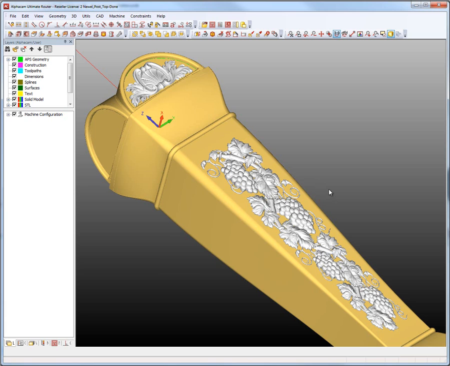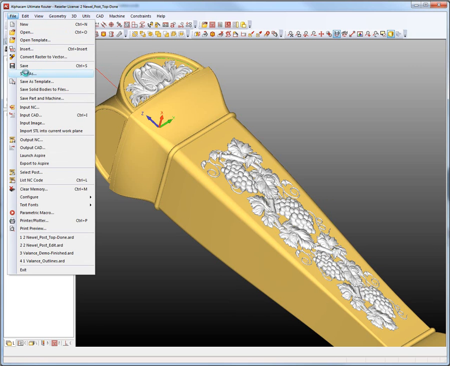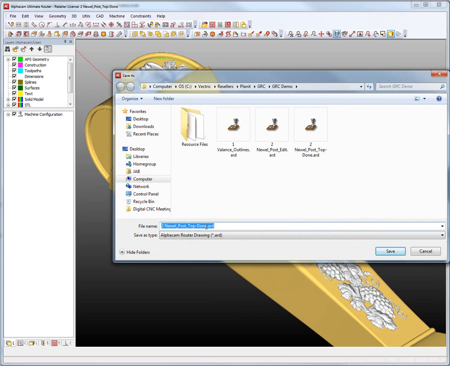We could fade that file down if we wanted, do more work with the sculpting tools in order to get a better transition there, but hopefully it kind of gives the idea of what people can do, and again how they can transition between the two programs. In AlphaCAM here, let's just save this file. We'll call this newel post finished,